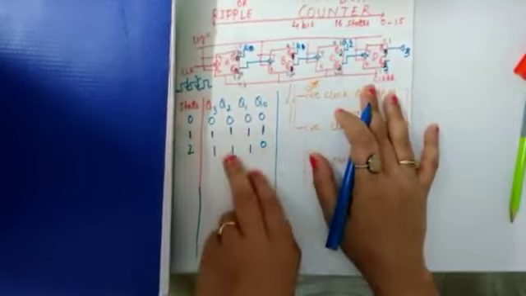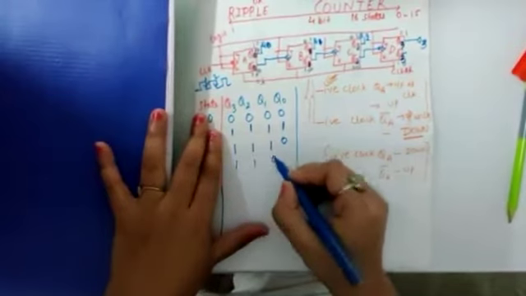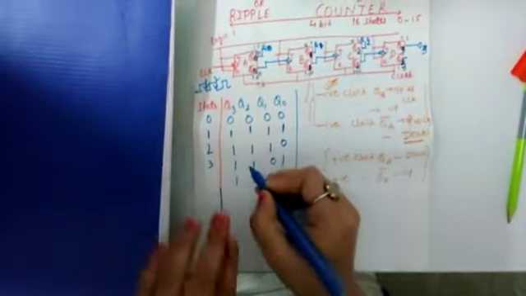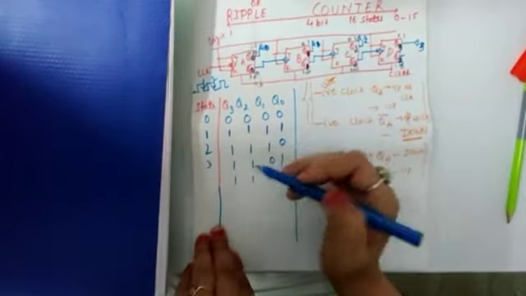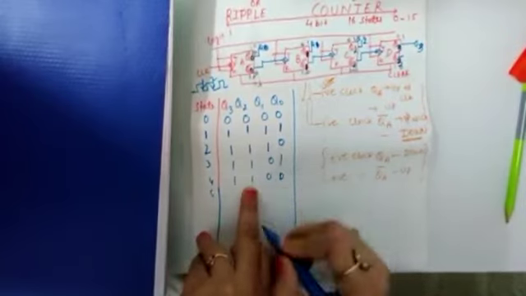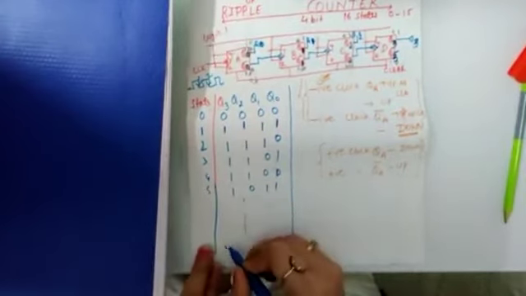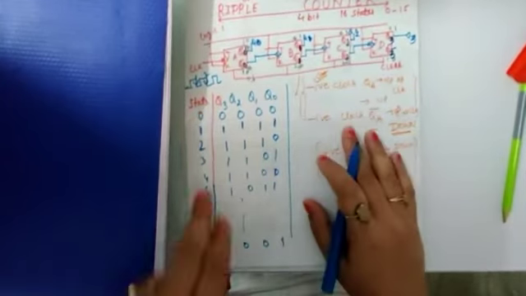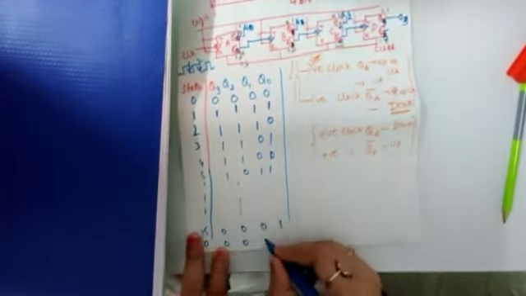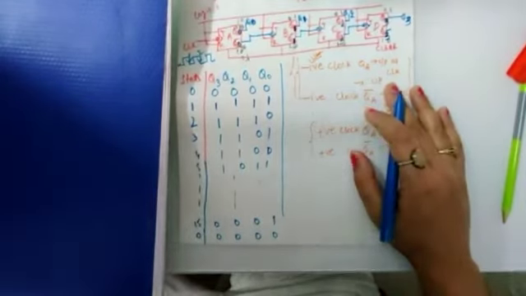See the binary equivalent for 14. So in that way you can see the counting. Now it is 13, 1 1 0 1, 1 1 0 0. In that way the output comes. It is 1 1 0 0, then 1 0 1 1. In that way it will reach 0 0 0 1. At the 15th clock cycle it will reach the end, and for the next clock cycle it will restart to its original condition. It will repeat the counting from 15 to 0. In that way it will start counting.